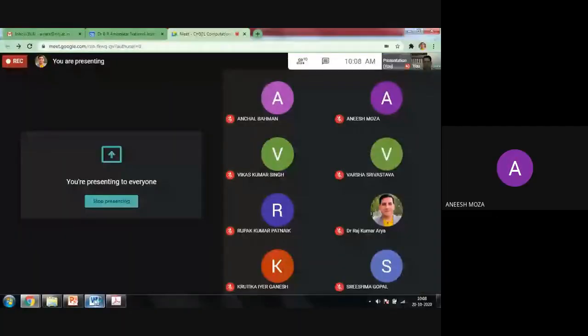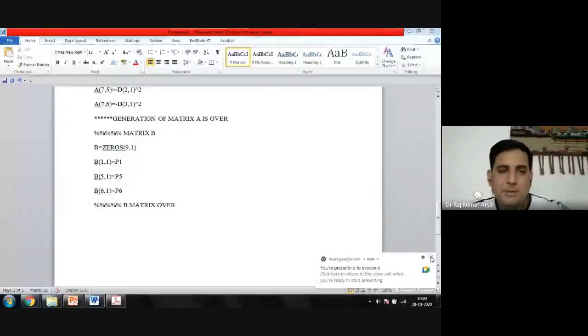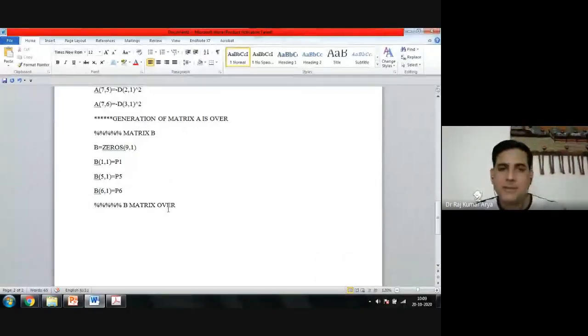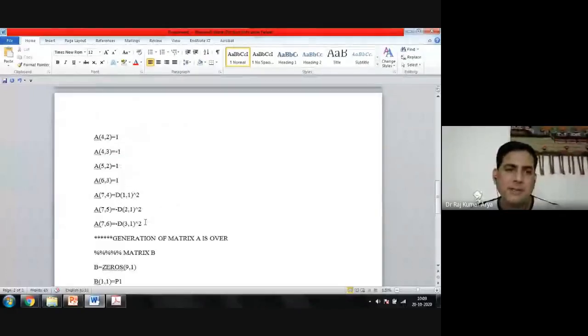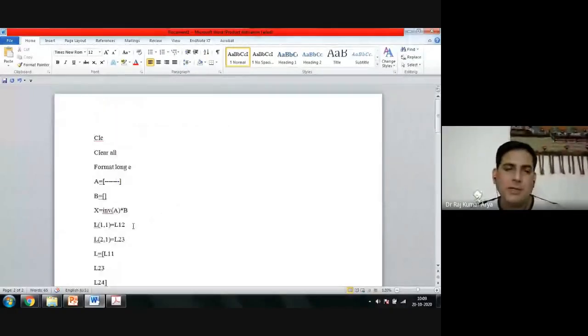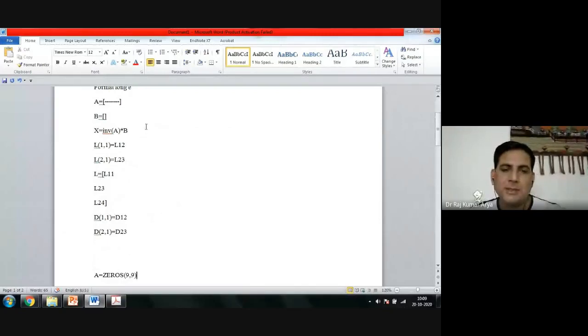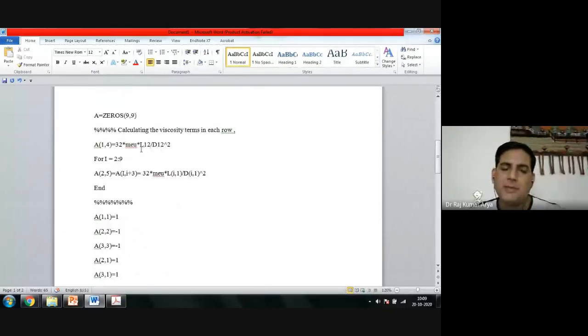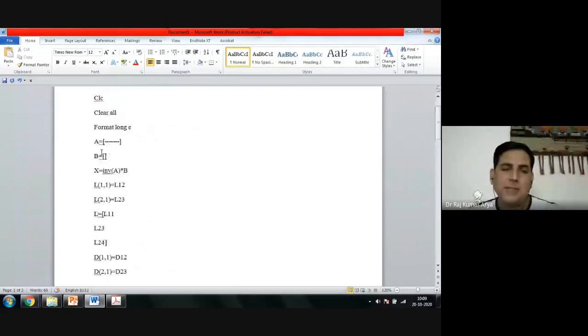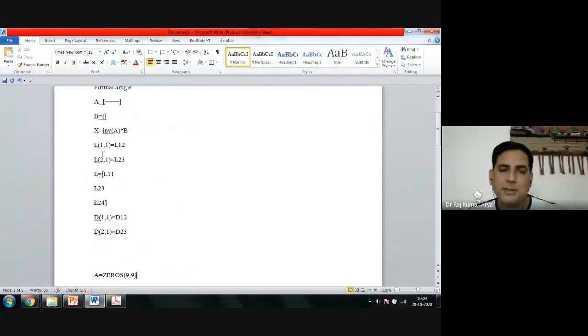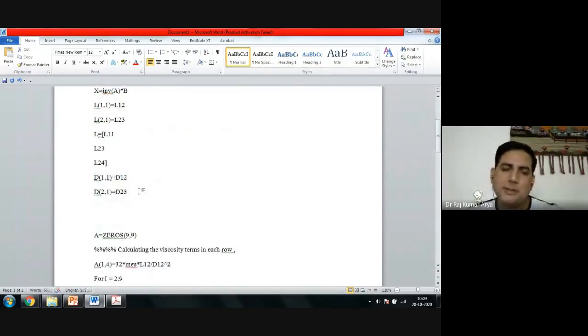Yes, sir. Okay, fine. So this way you generated the matrix. So here, what help will you get in this actually? You are not doing these intermediate calculations for each and every term. You will just enter all your lengths in the length vector, all diameters in this d vector, and one more term is your viscosity.